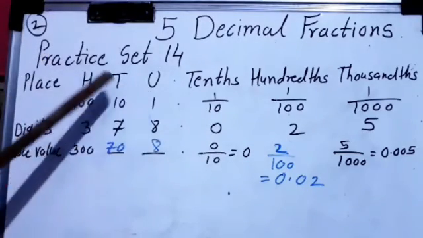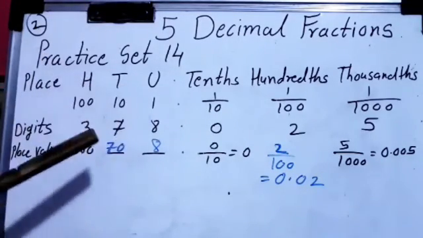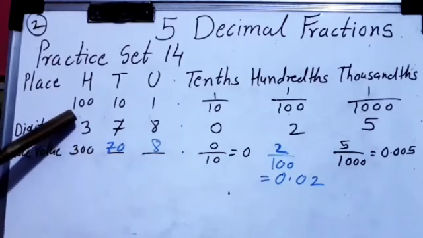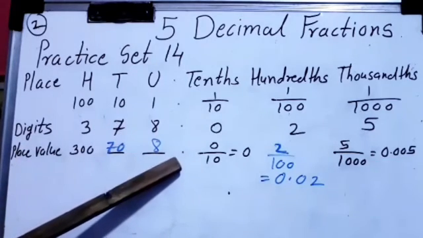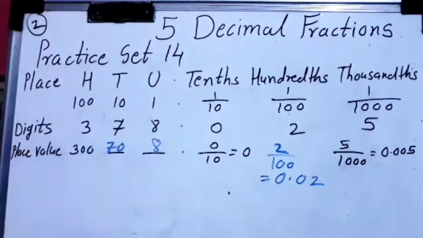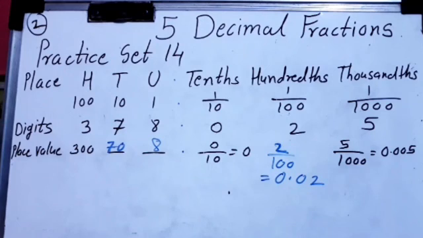And this you know: unit, tens and hundred. We already learned these units, places, place values and place names. The only new thing for you is how to write the place value of each digit after the decimal point. So this example, this chart, you have to draw in your notebook, and you have to copy these answers as it is. I will take more examples for you. First you copy this example in